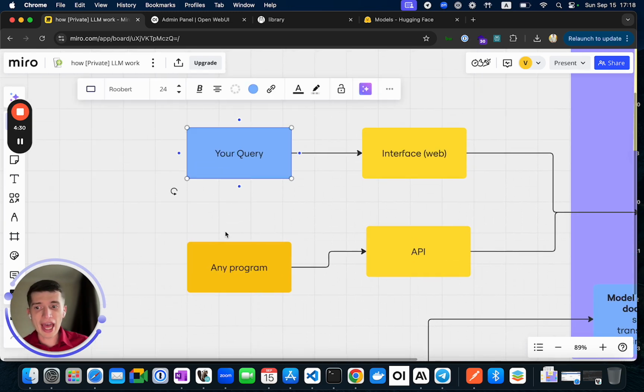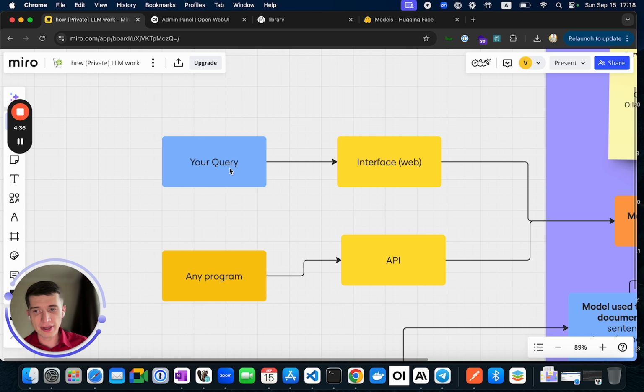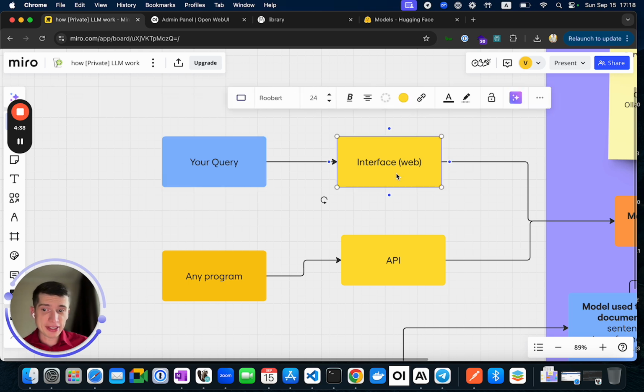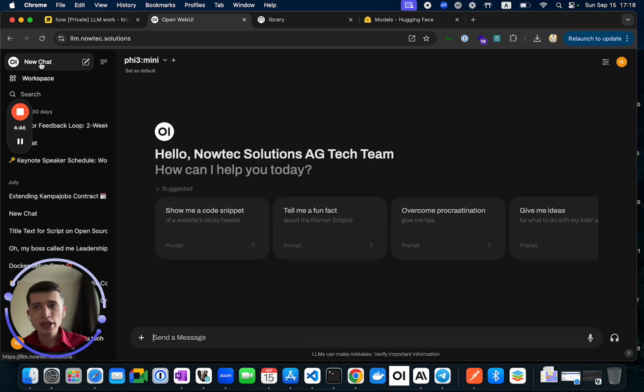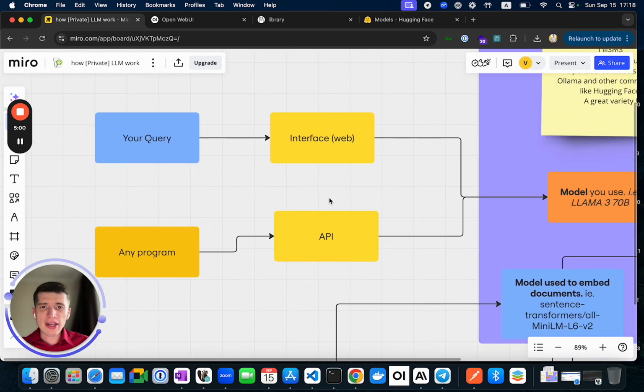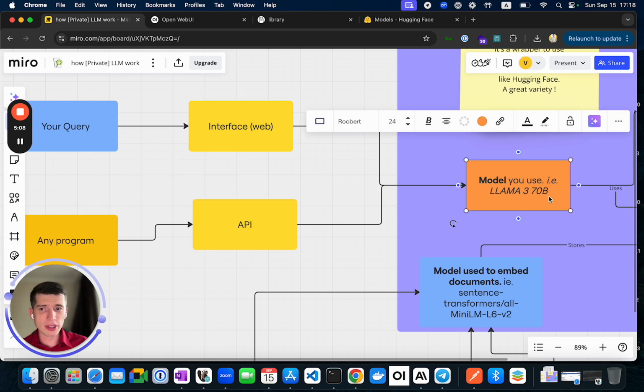Then let's go back to the user standpoint. Your interaction with any large language model starts here with the query. Then you go to an interface, again from any provider, and in our example, it's a private provider. For private LLM, we use a tool called OpenWeb UI. It shares a similar interface, and the user arrives here with a query, inputs it here, and it goes down to this model that runs